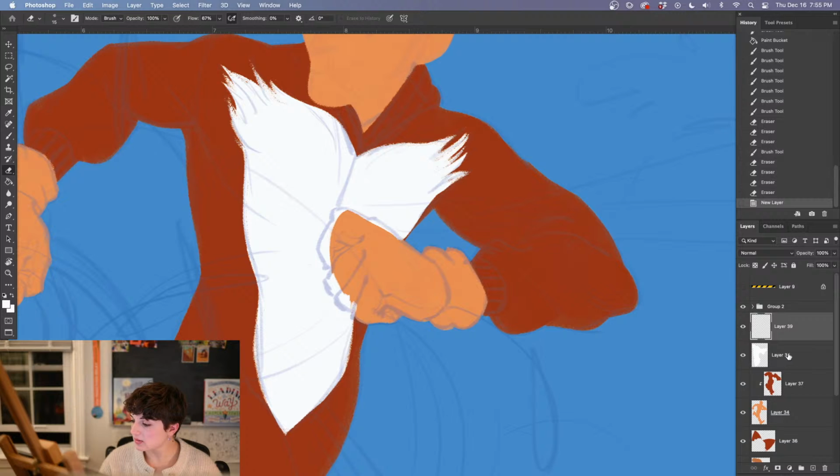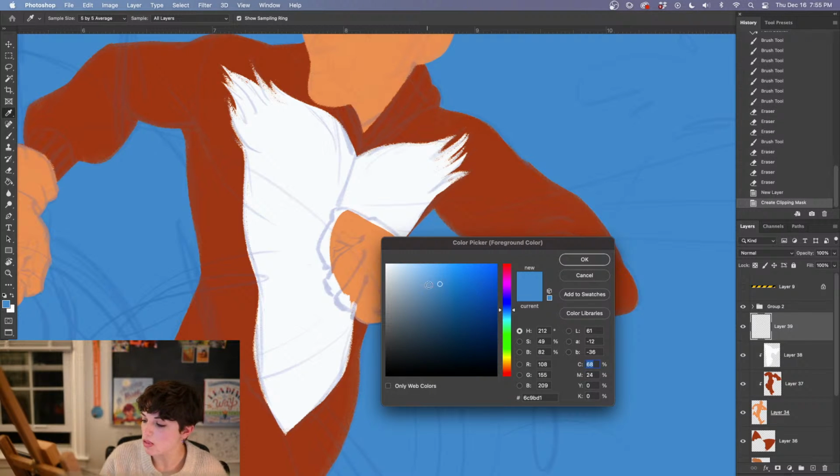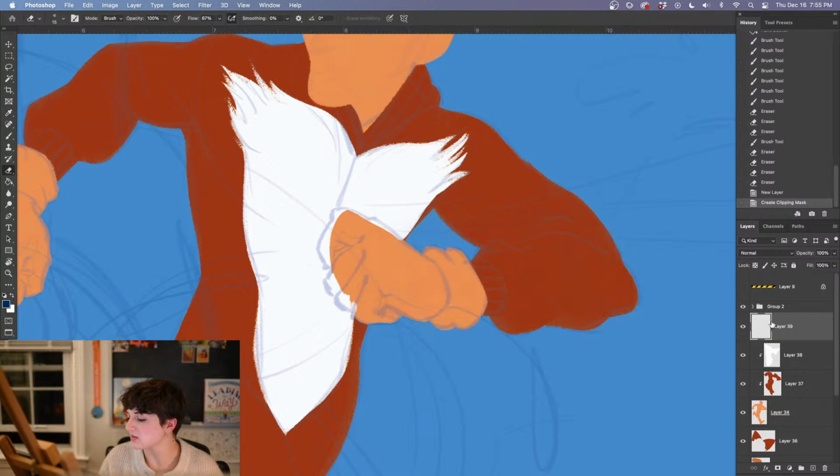All right, and then I'm going on top of that and do the glove, but I'm going to do it a different color so I can see it. Because I want to get the lines right. I'll change it back to white later, but...